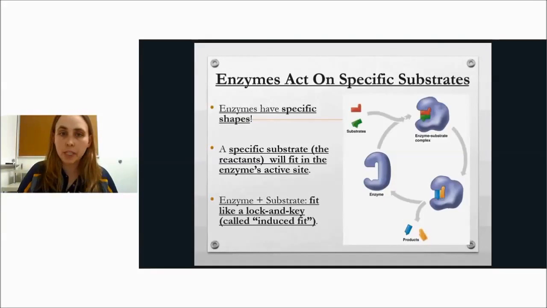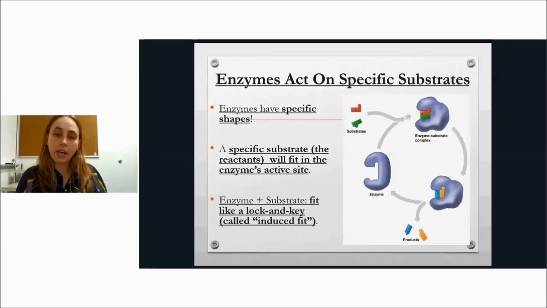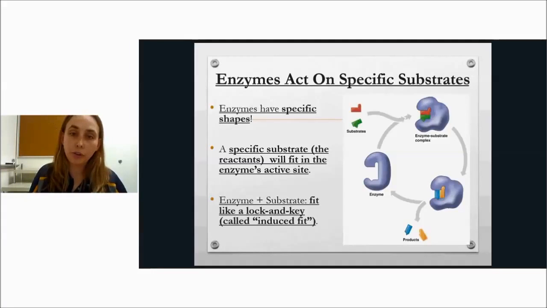Okay, the enzyme in this picture is the big purplish globule, and all enzymes have a very specific shape. Only specific substrates will fit into them. They will fit into the active site, and the enzyme and substrate fit like a lock and key, and that's called an induced fit. So a lock has a specific key that will work in it, and not just any key will do. In the same way, an enzyme has a specific substrate that it works with, and not just